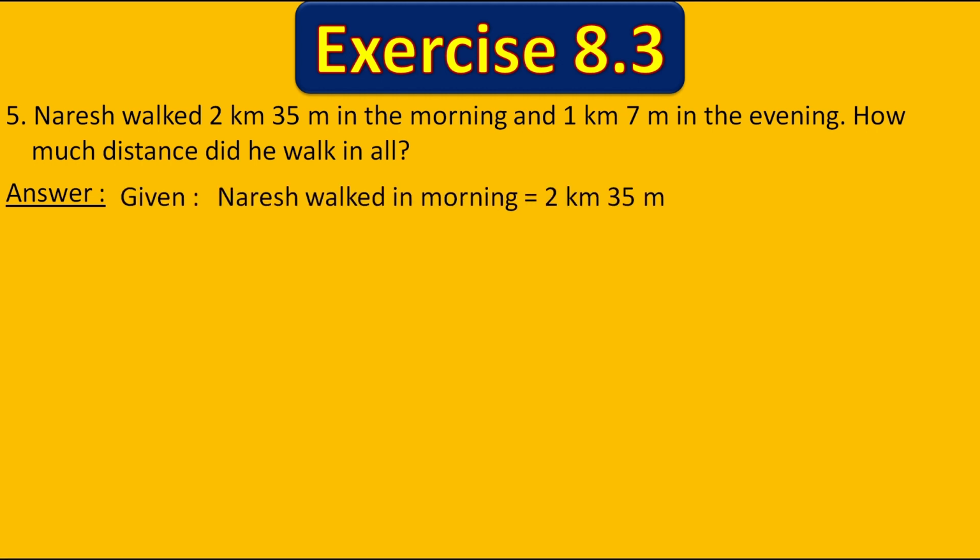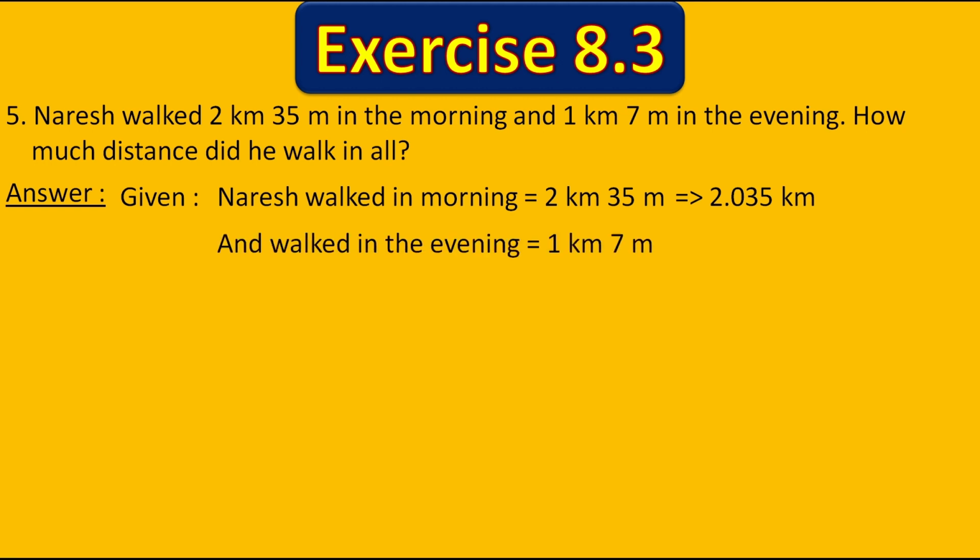That can be written as, first you should know that 1 kilometer is equal to 1000 meter. So it can be written as 2.035 kilometer. Why 035? Why not 35? For all those questions you will get the answer in my previous video. Okay, next, he walked in the evening 1 kilometer 7 meter, so we can convert it as 1.007 kilometer. Okay, so now let's add 2.035 plus